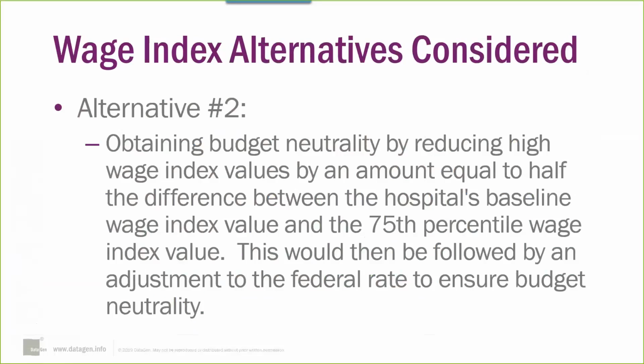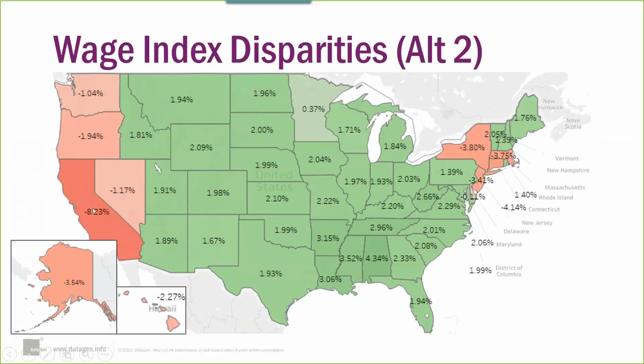Alternative number two would be that the reduction to the 75th percentile values would mirror the bottom quartile, and that it will be reduced to the average of their wage index in the 75th percentile. And then the federal rate would be budget neutralized. This has some very wild swings all across the country. I'm not certain of many that support this per se from who we've talked to, but I can certainly say that there will be many that would certainly like this method and those that would be very much against it.